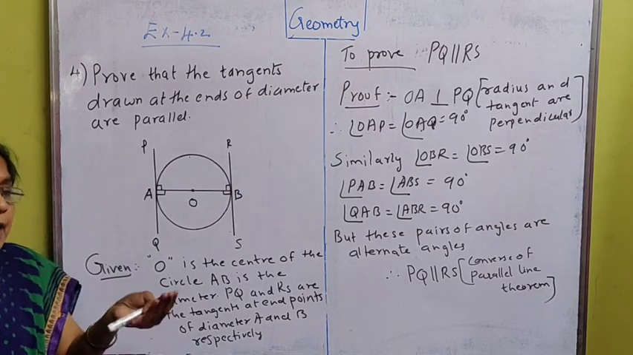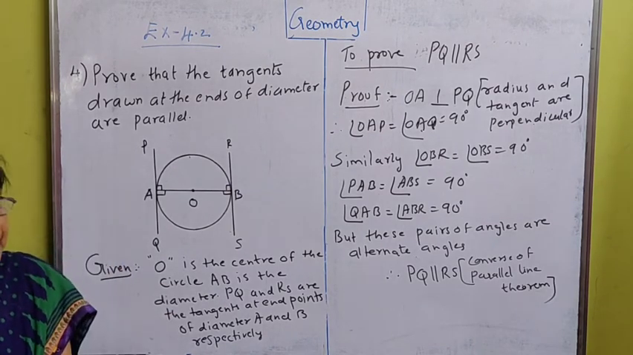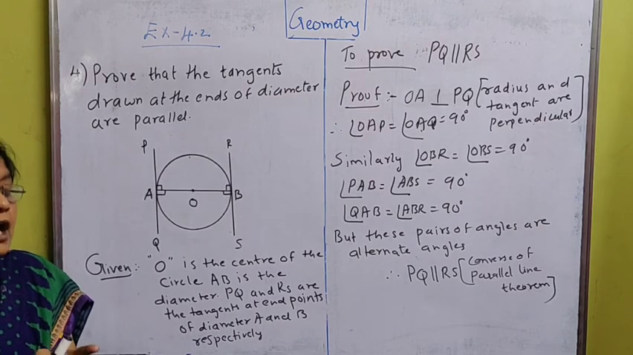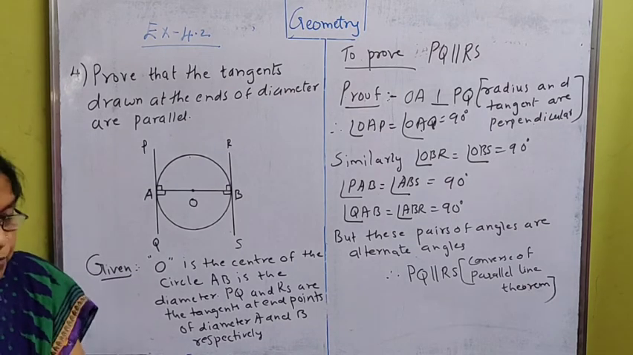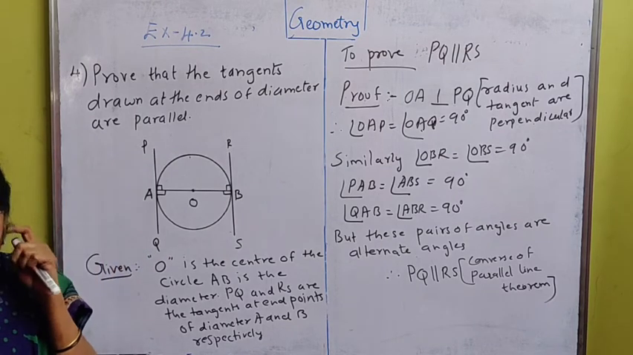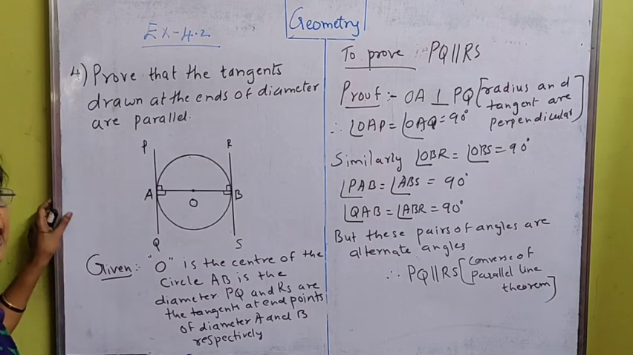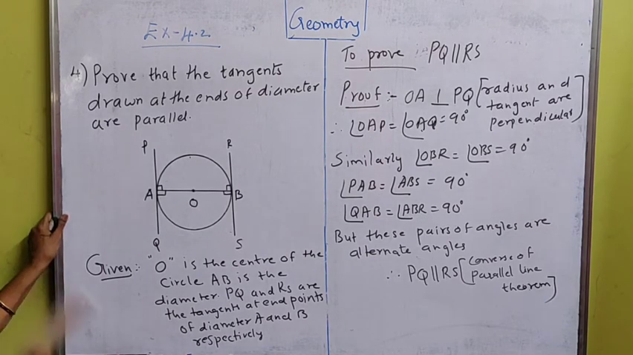Converse of the parallel line theorem, what does it say? If two lines are cut by a transversal line, and the angles equal are corresponding angles, or the angles equal are alternate angles, then the two lines are parallel to each other. That converse of the parallel line theorem we are going to take. Ma'am, which angles over here are equal? You can see